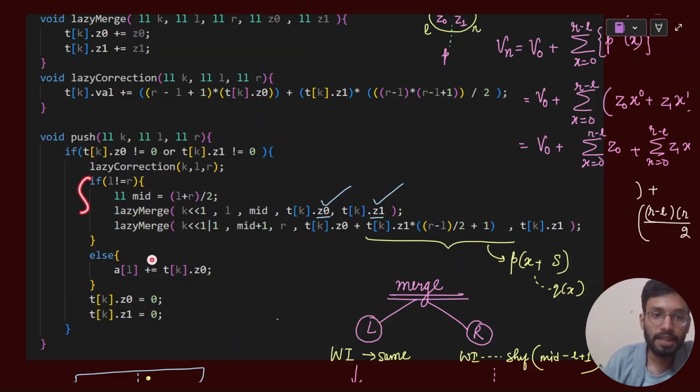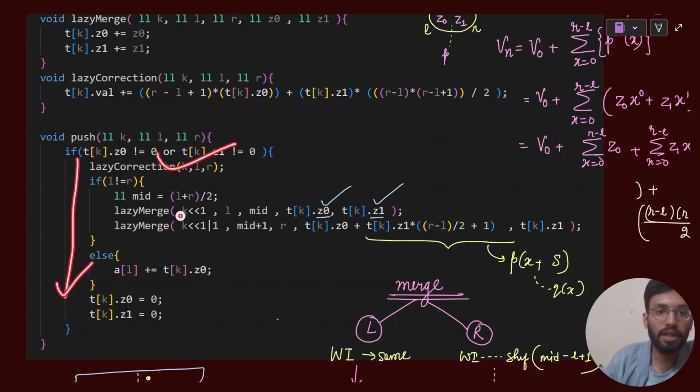If I am at a leaf, so this is when I am at a leaf. So leaf में simply क्या करूंगा मैं, a at l plus equals to t at dot 0. So simply I am just making my values better, right? Then simply after doing these things, so मैंने correction कर लिया, मैंने lazies को pass कर दिया to my children,